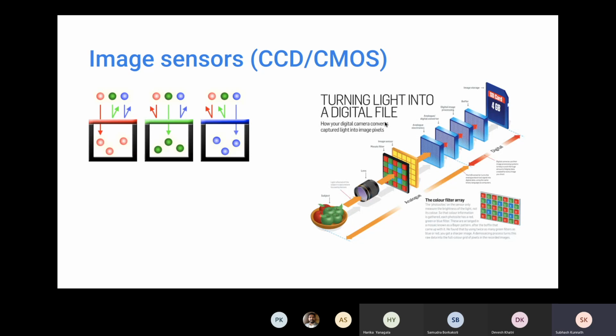So this shows the end-to-end processing which is happening in a digital camera. There is an image and a lens. The lens focuses this image on the sensor, which has a mosaic filter with RGB color filters, and then there is this image sensor array. In the image sensor array, when the light hits, it produces charges at corresponding positions, and